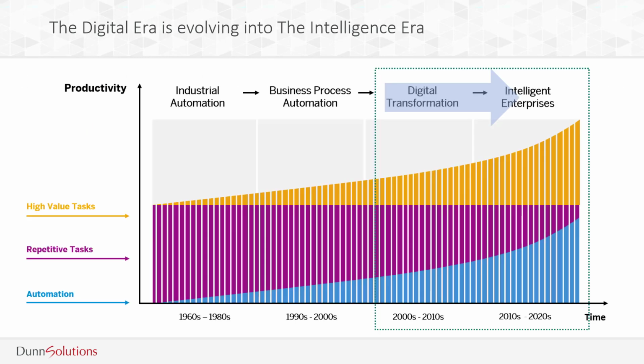With the commercial complete, let's get to it. We're shifting from the era of digital transformation, where we began digitizing manual tasks to drive better data collection and automate repetitive tasks, into the era of intelligence, where we accelerate growth and revenue generation by making organizations more intelligent. Our goal at Dunn Solutions is to help our customers make the intelligent enterprise a reality in their organization. This is done through analytics. Today I'm going to show you how SAP Analytics Cloud offers a unique approach to doing so.